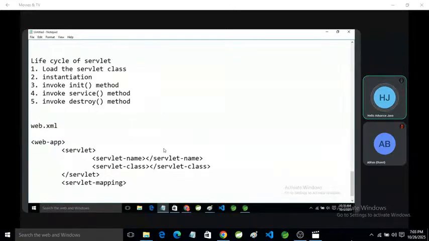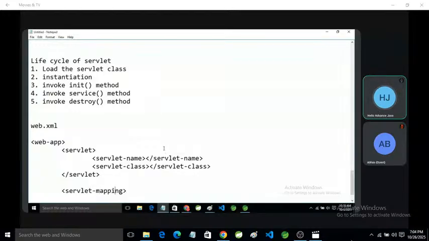Here it will get the name of the servlet, and servlet-class means the location of the servlet, which means here we will specify the servlet name with the package name. So the JVM gets the servlet location and creates the object of the servlet.